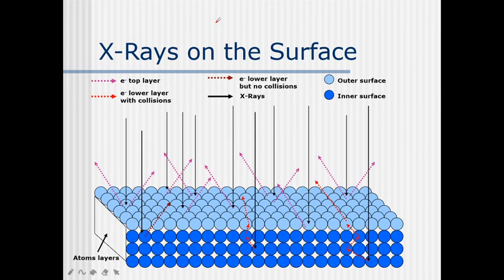Now here these purple color and the red color arrows, they are contributing to the noise. Only the maroon color system without any collisions, they do not contribute to any type of noise, and hence we can analyze the element surface properly and we can analyze the kinetic energy. In turn we can understand the binding energy which is characteristic to that particular element.